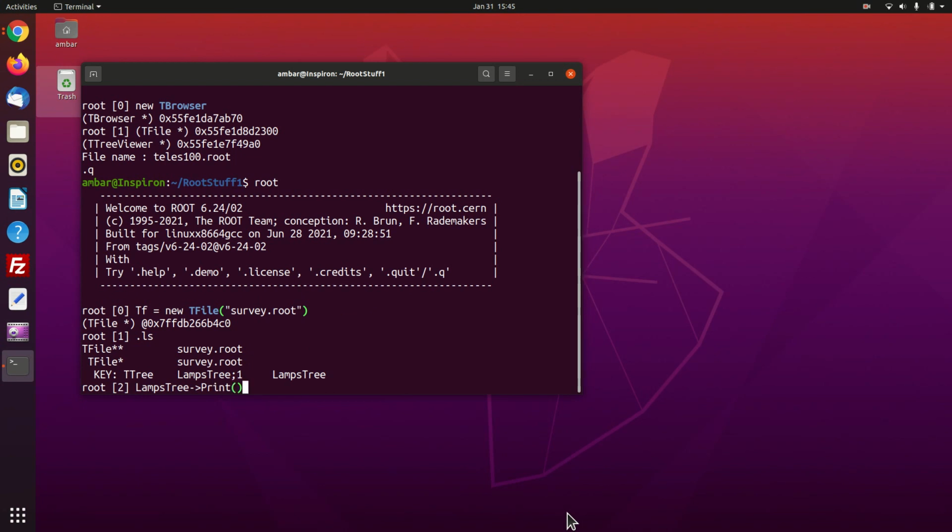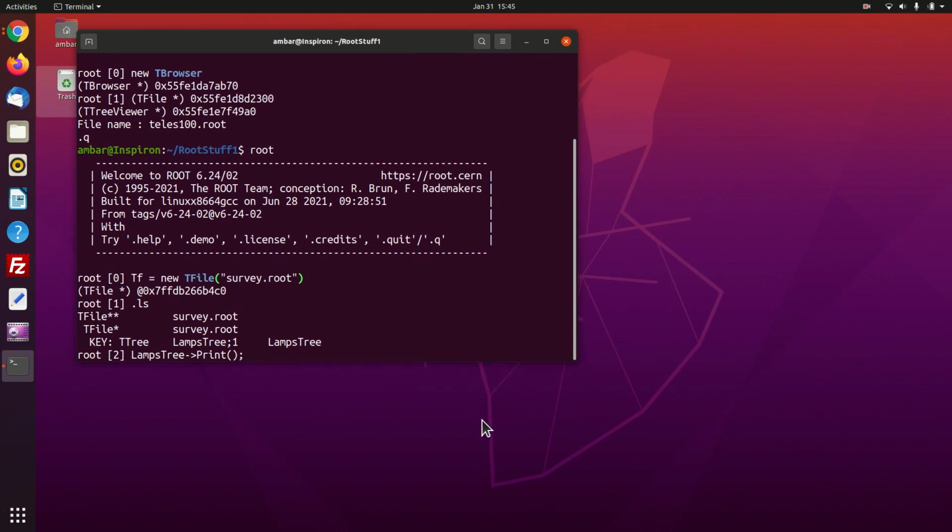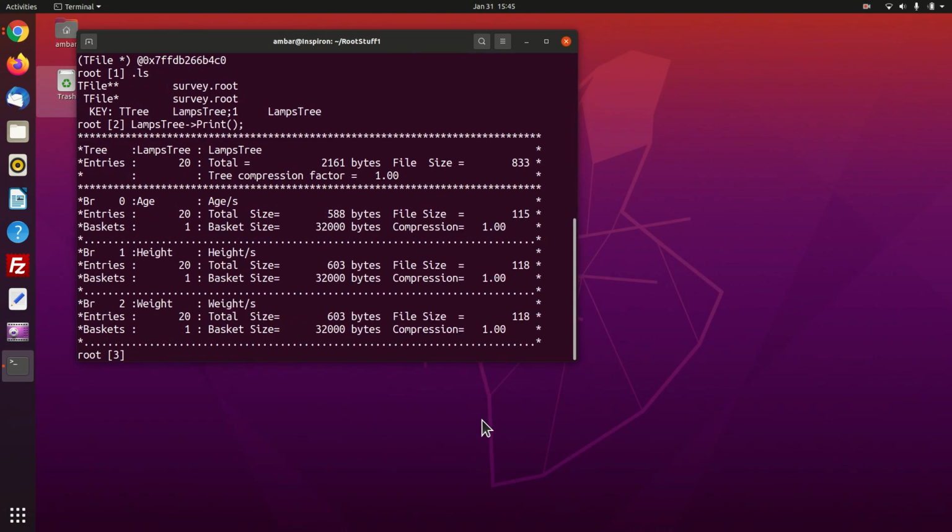This is the command: print without any arguments, the tree. This gives information about the tree. So this print command prints information about the tree, and when you do that, this is what you get. So he says, all right, the first part is that there are 20, and you see there were only 20